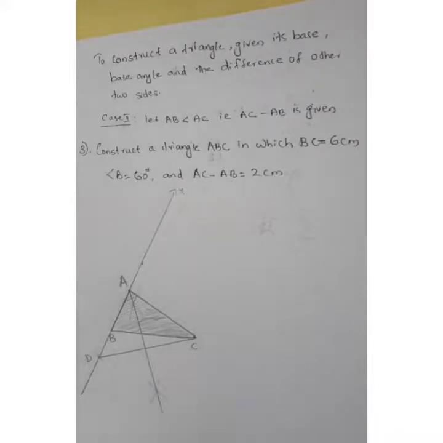So that is the end of this chapter, constructions. We have just studied how to draw different types of angles. First, angle bisector, then perpendicular bisector. After that, some constructions using the compass of special angles. After that, construction of triangles. In that, 2 types, and the second type has 2 cases also. These are the things we have studied in this chapter. So, thank you, children.